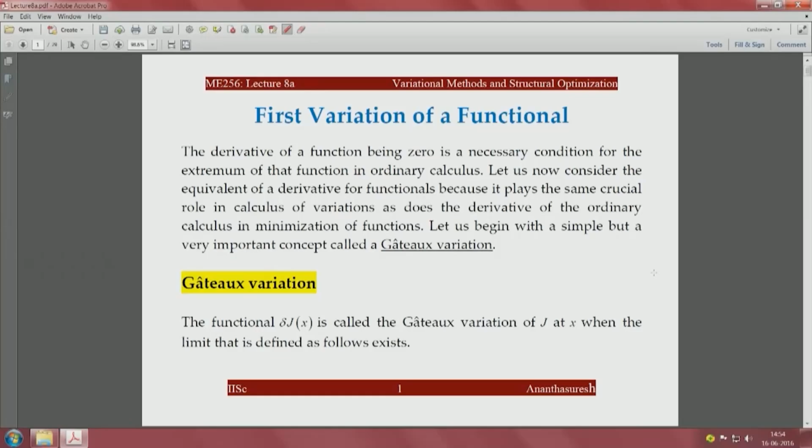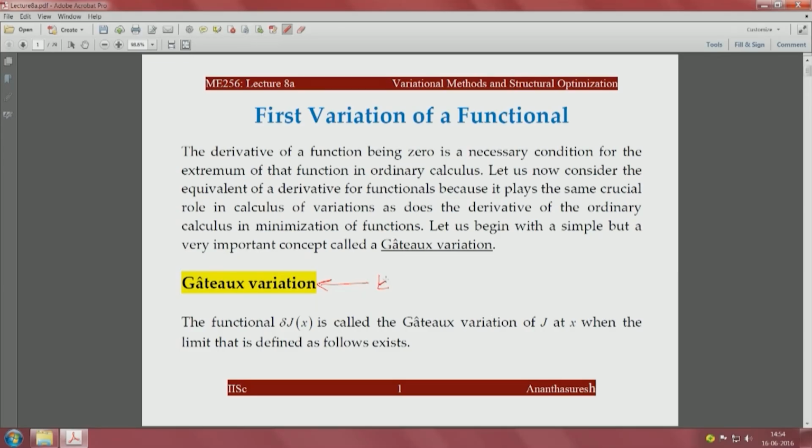For calculus of functions, normal calculus, you have the derivative. For calculus of variations, which is functional calculus, we need an equivalent definition, and that is the variation. In particular, that variation has a name associated with a person named Gateaux, and that is what we will discuss, the Gateaux variation or first variation of a functional. So, let us look at the notes that are also available along with these video lectures. I will highlight a few points as we go along today. This concept of Gateaux variation is the equivalent of the derivative